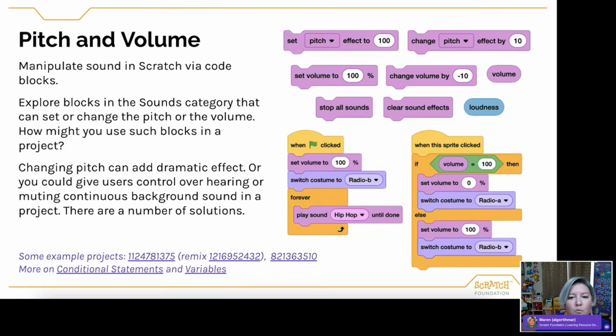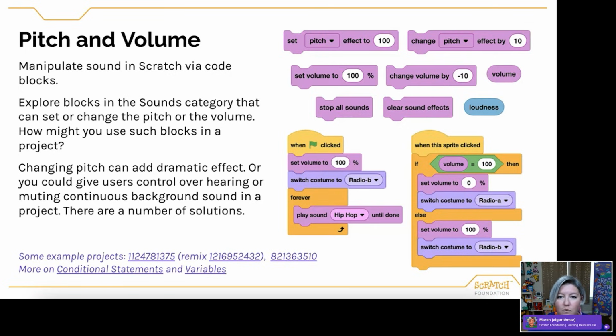Another thing that you will want to try out, I think, is changing pitch and volume. So, pitch and volume, if you've never explored them before, allow us to manipulate sounds via the code blocks. Before I was manipulating the sound using that sound editor, but here I can actually do it using those code blocks.